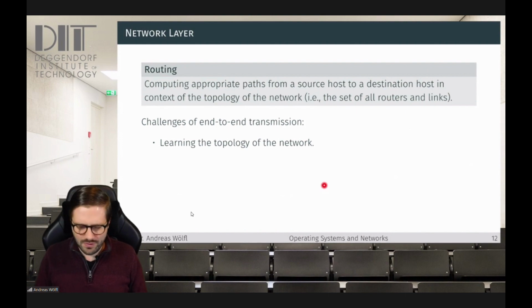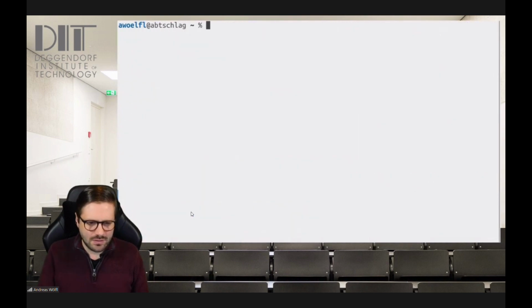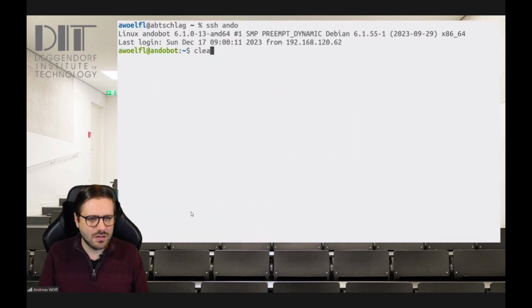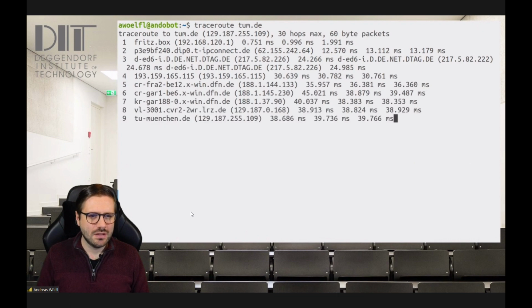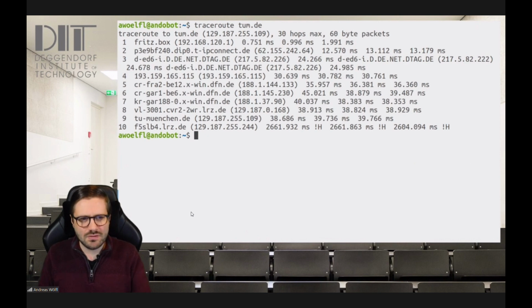And we saw in the example before, I can show it again. So let me log into my home server real quick and do a traceroute to the Technical University of Munich. There you see that I'm traveling through at least, let's say, 9 subnets, not counting the first one,